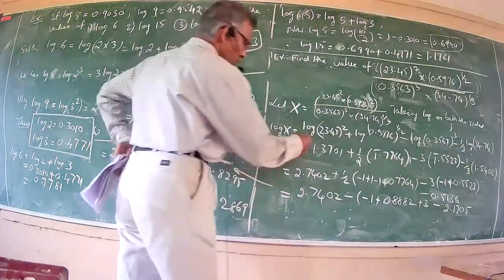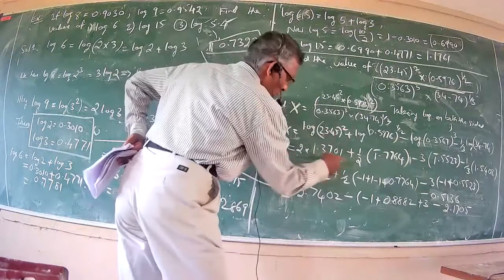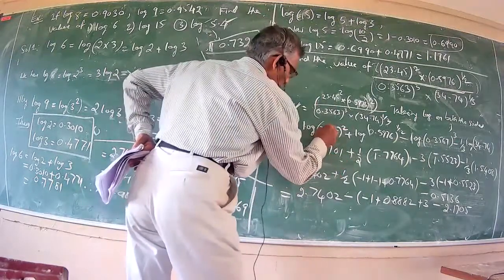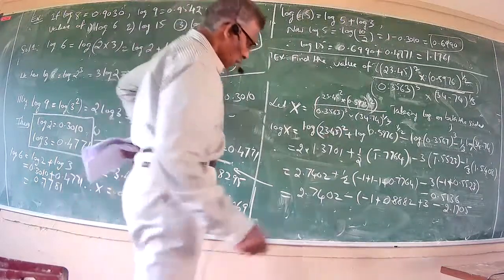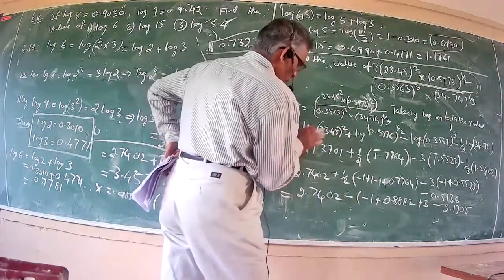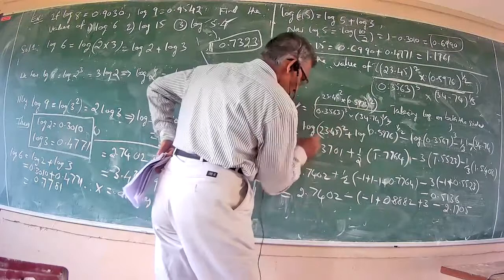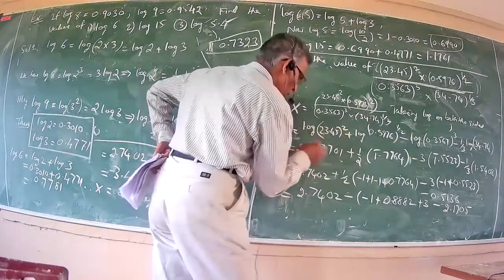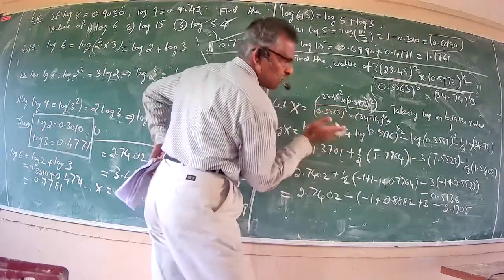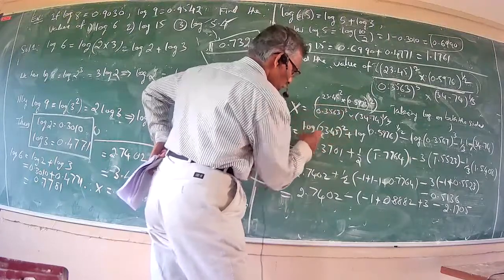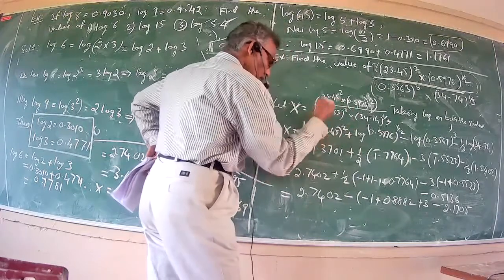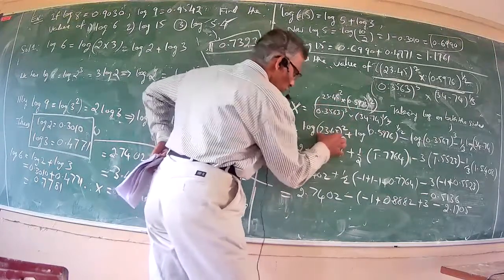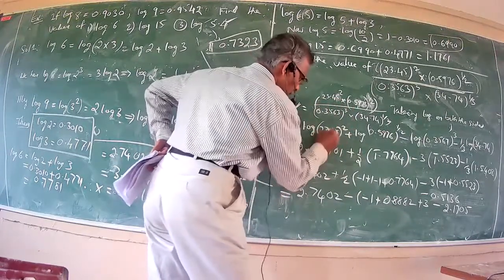cube, plus into minus is again minus, this 1 by 3 into log of 34.74. Now again this raised to square equals 2 into, I can straight away write the values of 0.3701. Log of 23.45 raised to square: 2 into log of this, since the power is there. I have skipped one step here. So log of 23.45 raised to 2 equals 2 into log of 23.45.